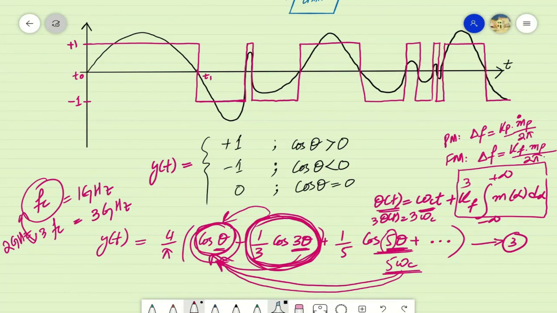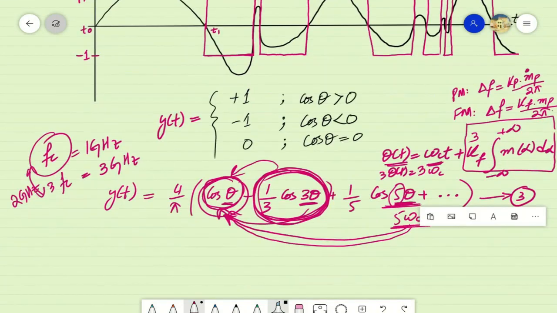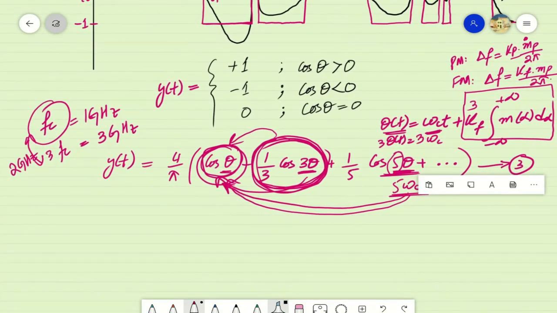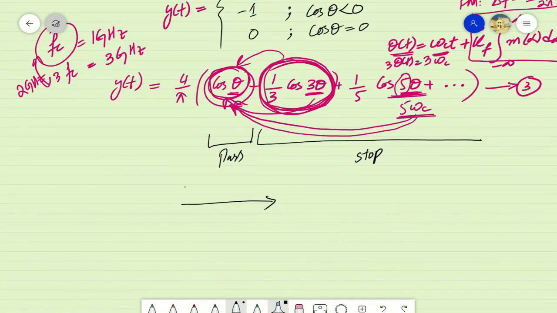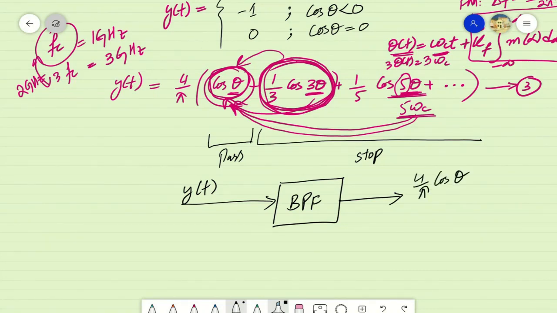Therefore, by using a band pass filter, a cheap band pass filter, we can easily stop all the other bands and pass only the first term of this expression. That is, if y of t is fed as input to a band pass filter that is tuned at the frequency of omega c and passes a band equal to the bandwidth of frequency modulated signals, then the output of this filter will be observed as follows, where for the case of frequency modulated signals, this theta of t is equal to